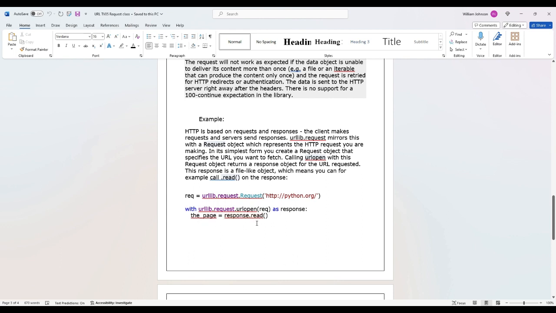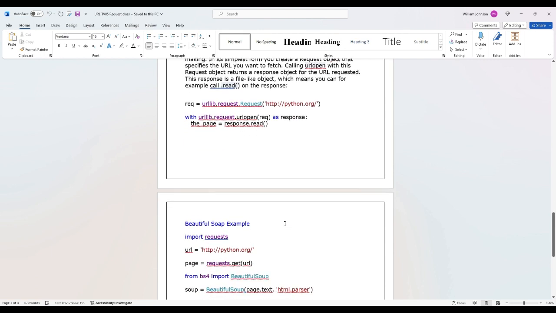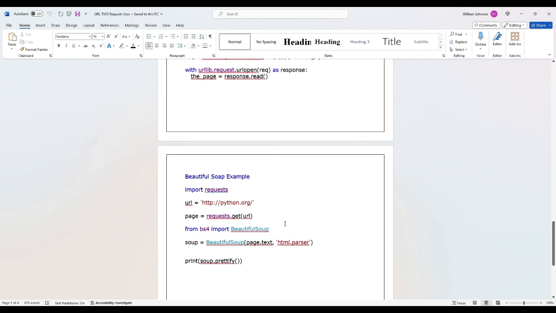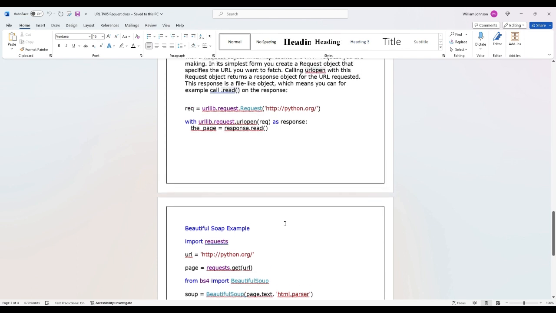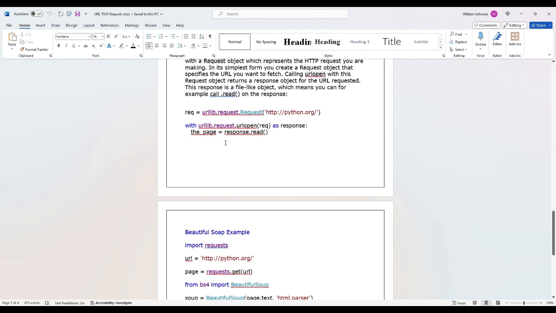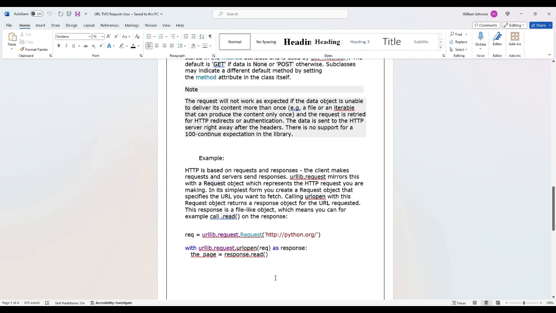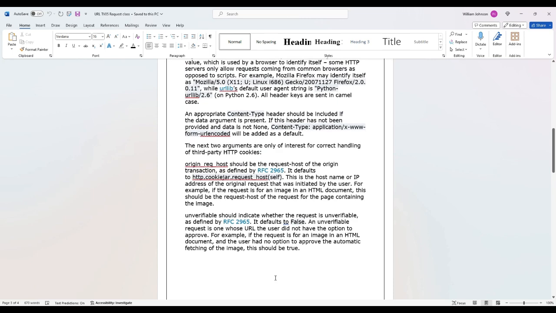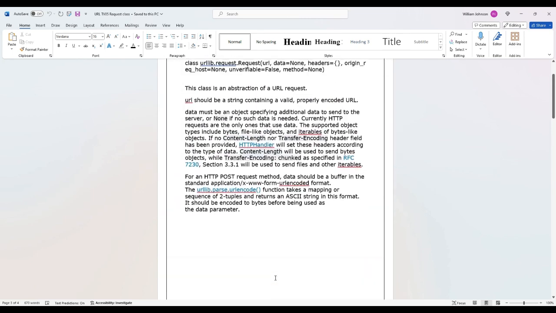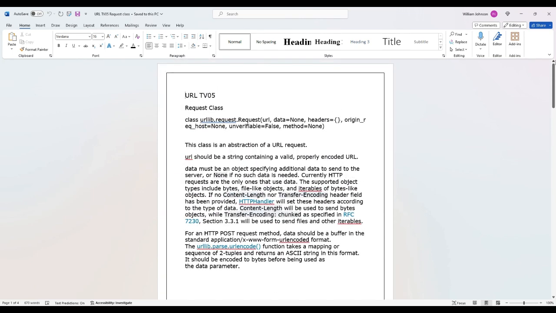All right, but what's more important, let's get down to the example. And it looks very similar. Here it's got the with statement. The difference is that we're calling it response instead of f. And then here we begin to get involved with BeautifulSoup. Now we've seen this enough. It's a different way of getting to the same place. This is where we want to go. All right, so with that, let's go ahead and